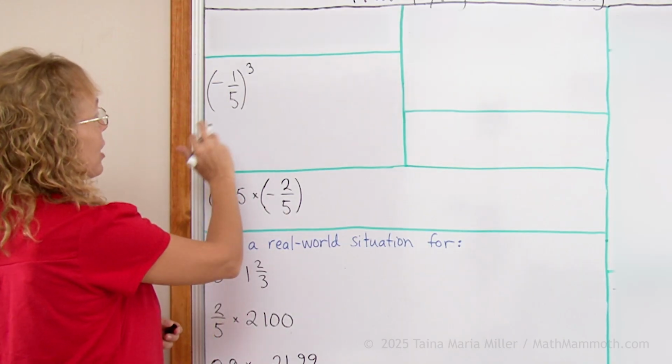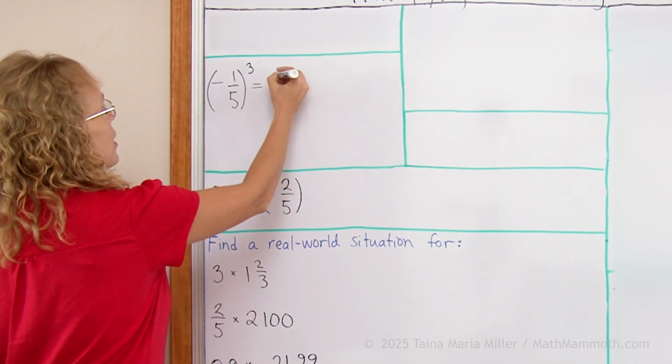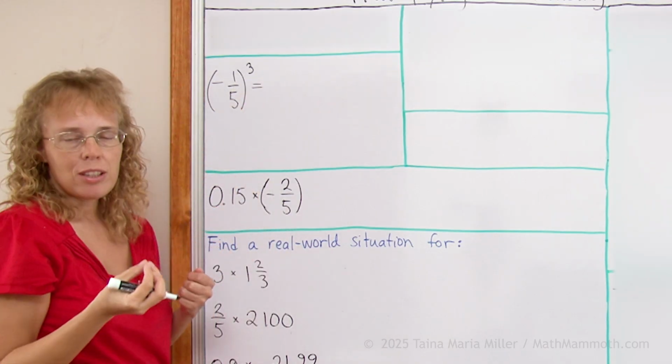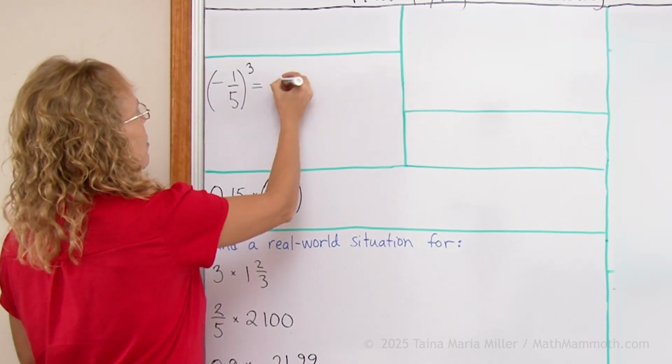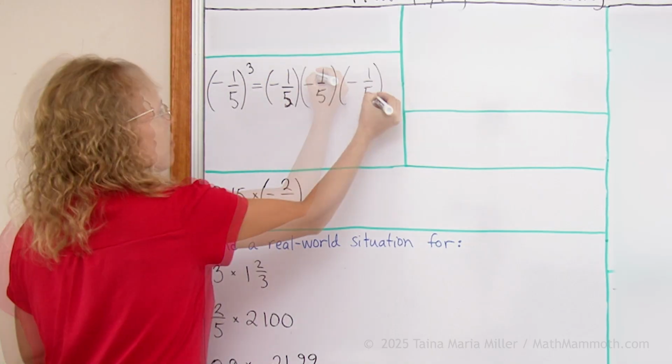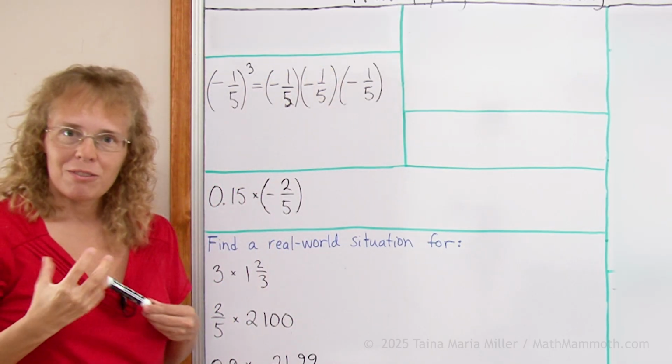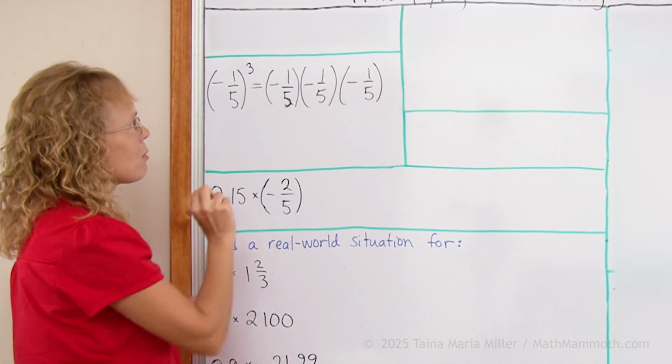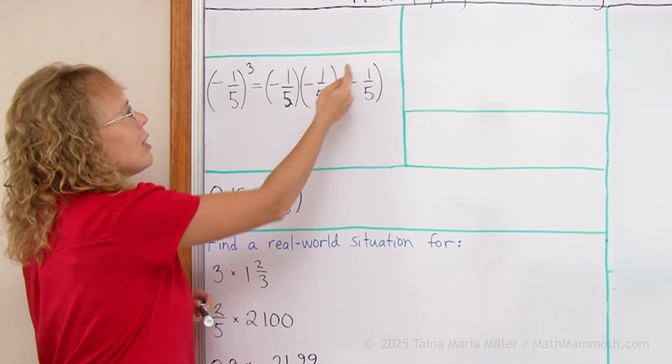Here is a fraction raised to the third power. Okay, and it's a negative fraction at that. Well, when it is raised to the third power, it is cubed. It means we multiply it by itself 3 times. And now we use regular fraction multiplication, which says that we multiply 1 times 1 times 1, and then 5